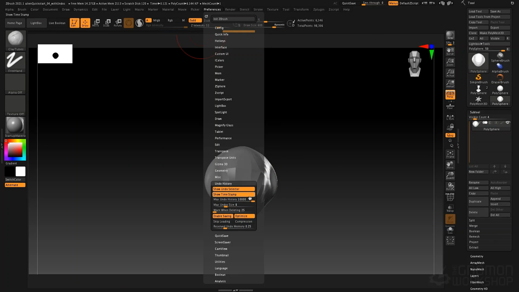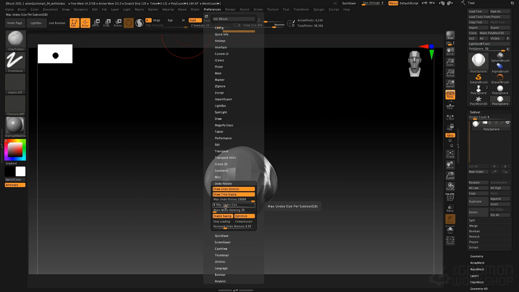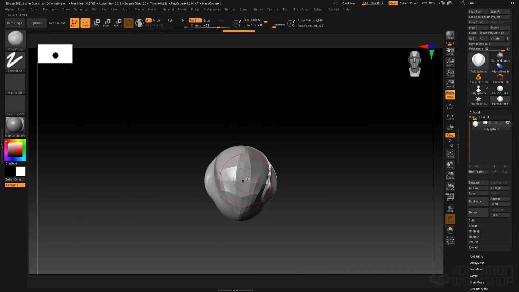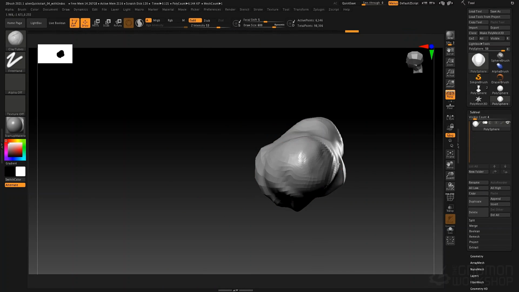Under the Preferences menu also, we have Show Timestamp. Now you can turn that off, and if we turn that off, it will not show the timestamp on each undo state. We have the max undo size per subtool in terms of gigabytes. We have warn when deleting history entries. This gives you a number of history entries that it will give you that warning on. So currently it's set to 25, but we're under 25. So if we do several more strokes here and get above 25,